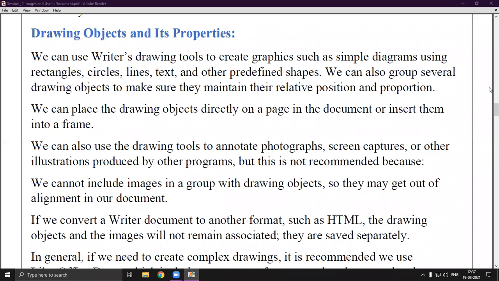So we have understood that there are several methods to insert an image, and there are several tools which we can use while accessing the images. After discussing images, now we are concerned with drawing objects. Because if we want to enhance, beautify, or create a very decent document, then we may also use several kinds of objects such as rectangles, circles, lines, text, etc. These objects will help the reader get the concept very clearly.